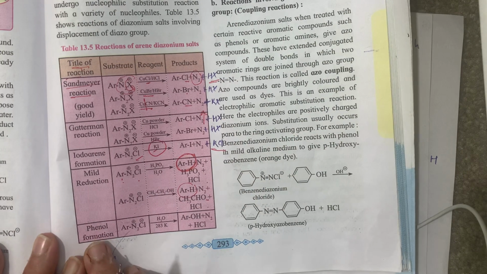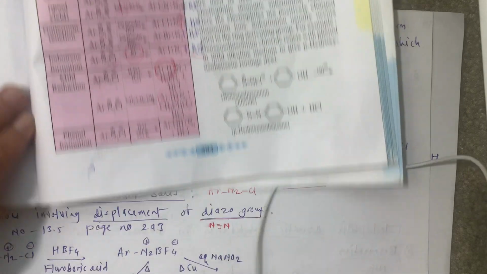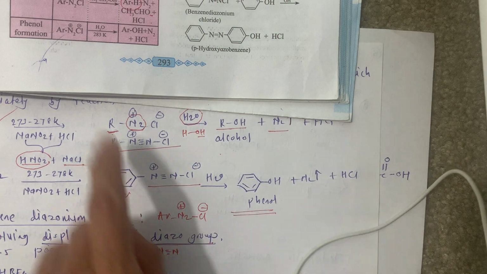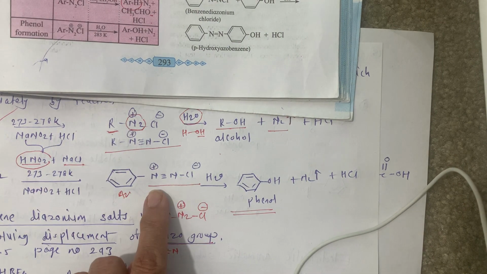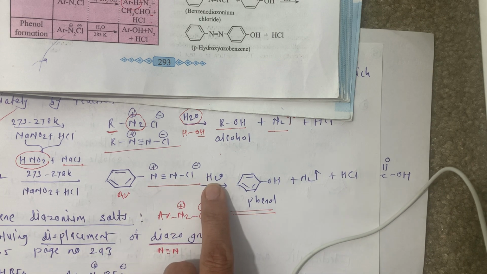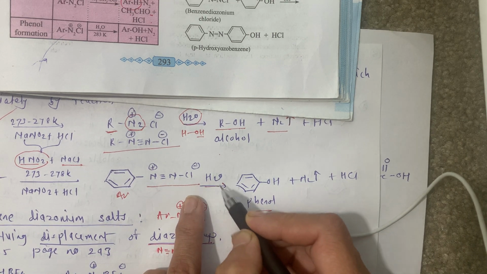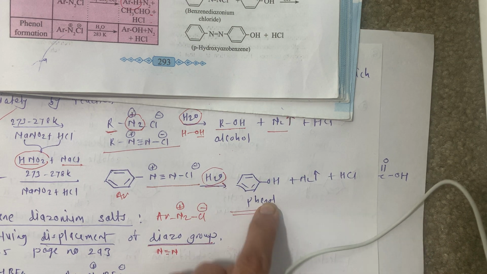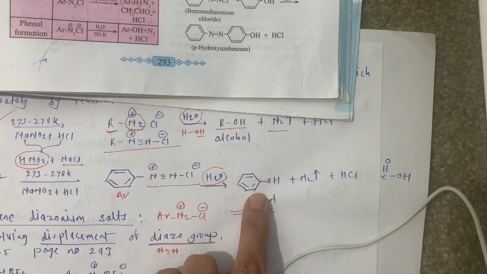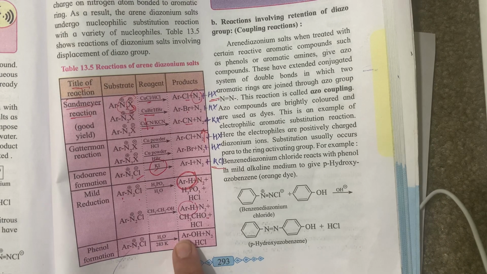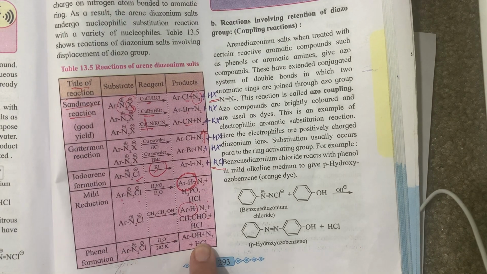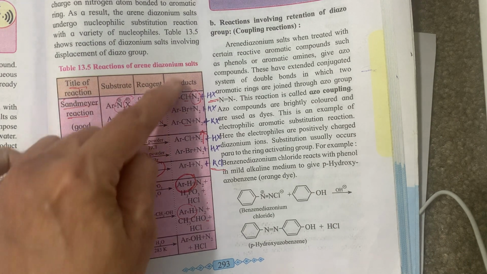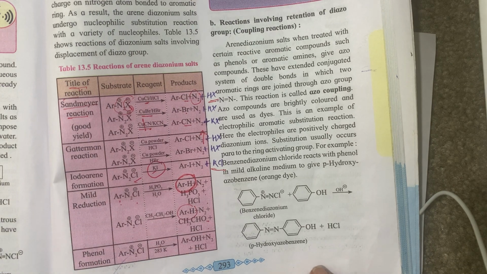And then the phenol formation, we studied this phenol formation before. This is our phenol formation. Here the intermediate is this one, ArN2Cl. It undergoes hydrolysis, this is very important, you have to remember when there is hydrolysis we get alcohols. Here it is alcohol while here it is phenol. This is that phenol formation reaction. So in short, all the different reagents are given and how the products form is given.